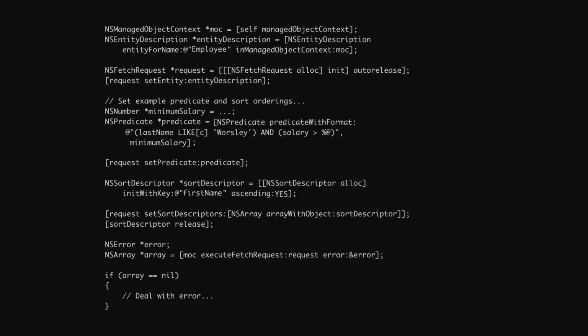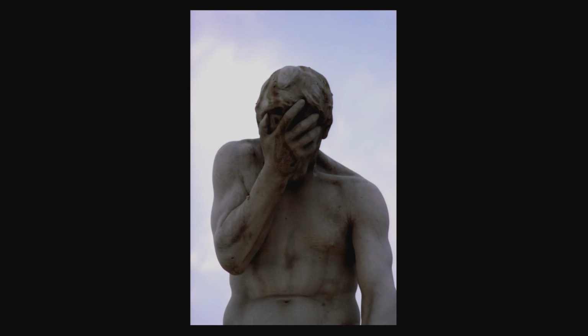How about this collection of code? Even if you don't read Objective-C, it's a lot of code to do what? It's a lot of code to find data in our data store, right? We're looking for a bunch of stuff. And in this case, we're looking for an employee and some other stuff. And then we also have to handle the error down here at the bottom if that doesn't work. You have to do that all the time. That seems like a lot of repetitive work. Facepalm. So let's look at another way of doing this.